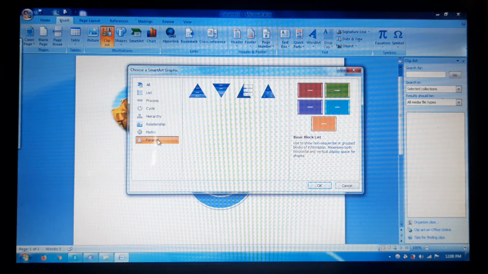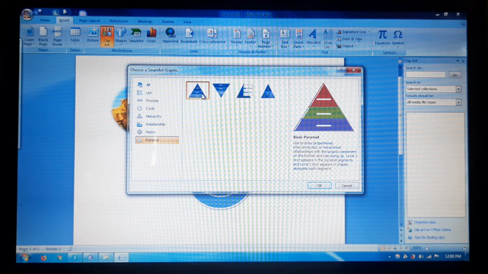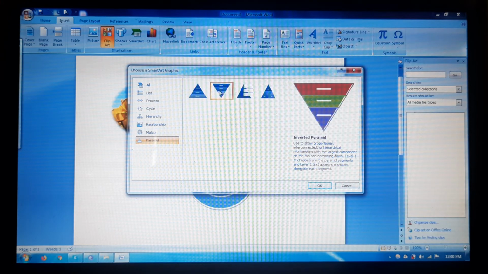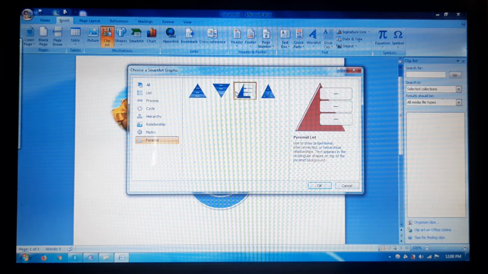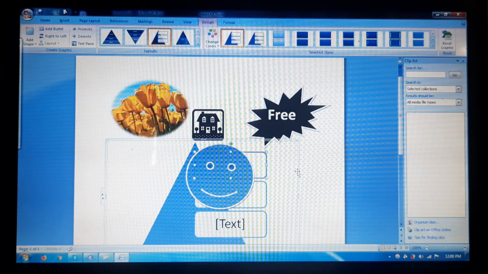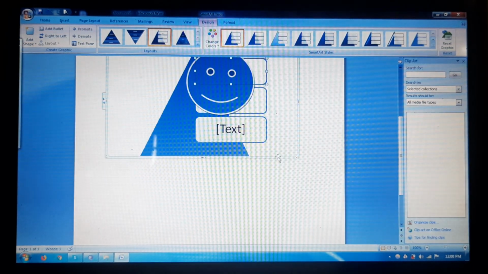Like this you may refer to any of these. To add a pyramid to your document, simply click on whichever pyramid you want. I will choose this pyramid and click on OK. This pyramid will be added to your document.